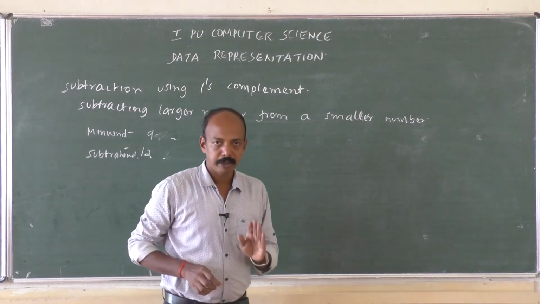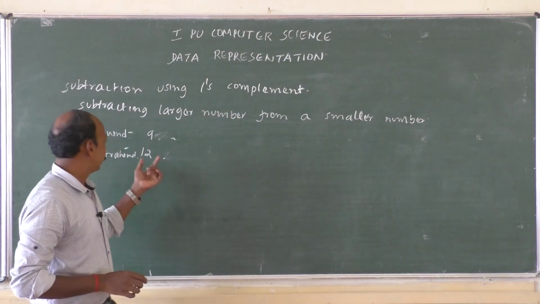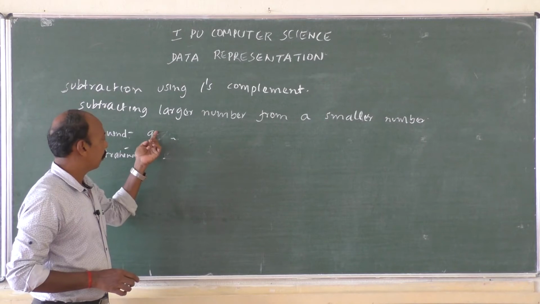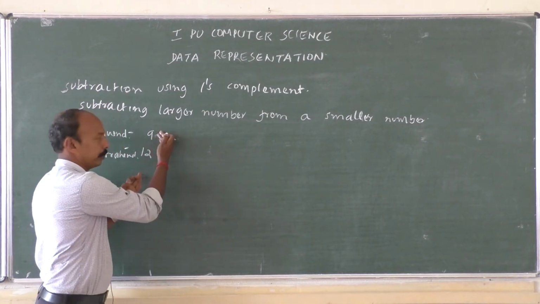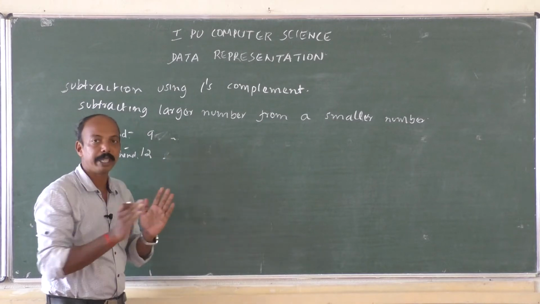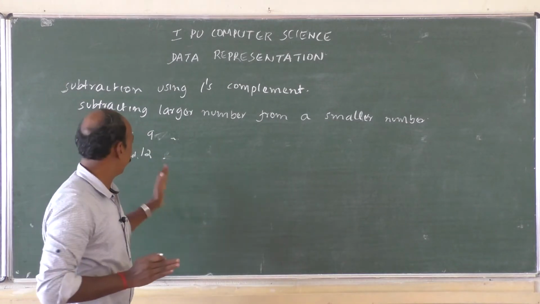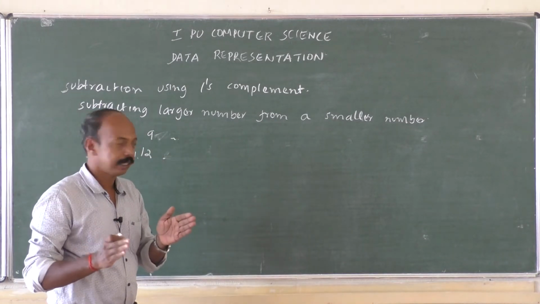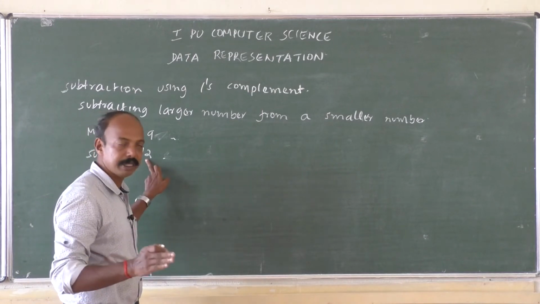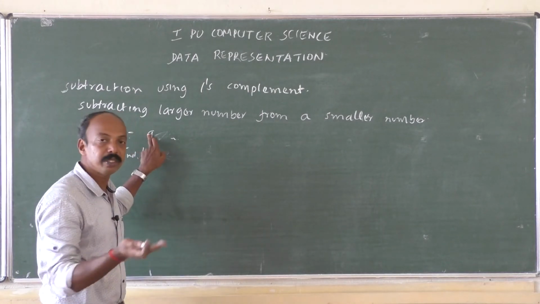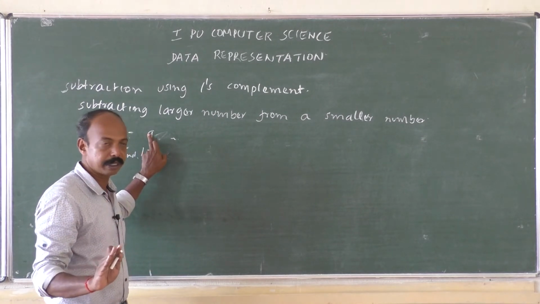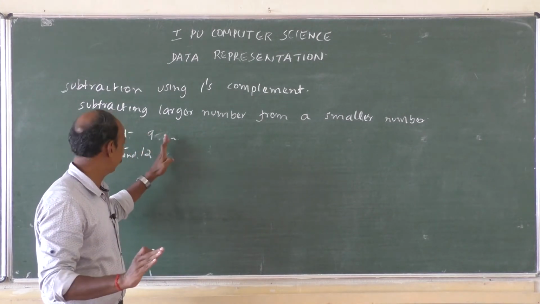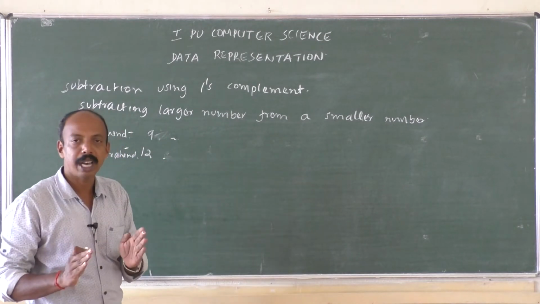One more thing we have to remember always is that the number of bits in both the numbers, when converted to binary, should be equal. If the subtrahend is having 5 bits, even the minuend should have 5 bits. In case of binary addition, it was not a problem for us, but in this case we have to see that the number of bits are equal.